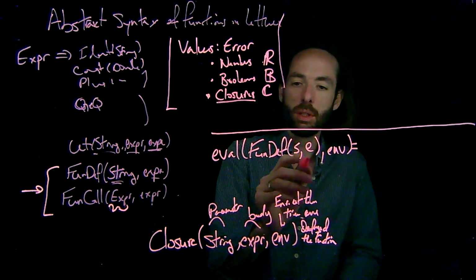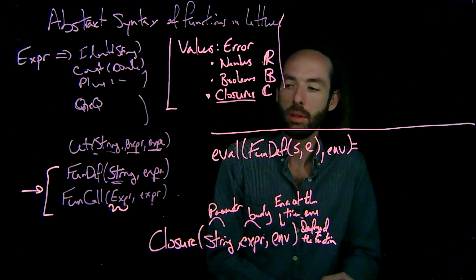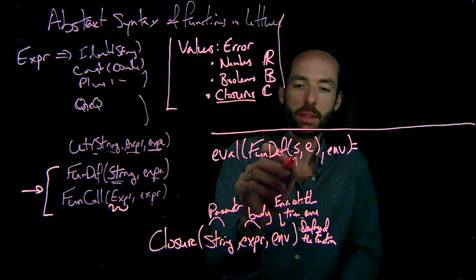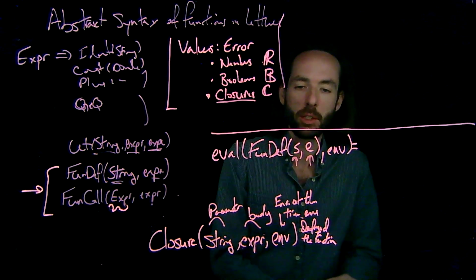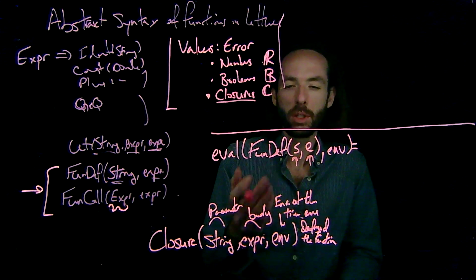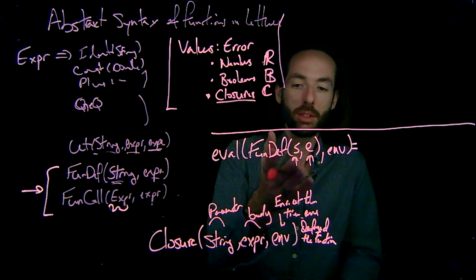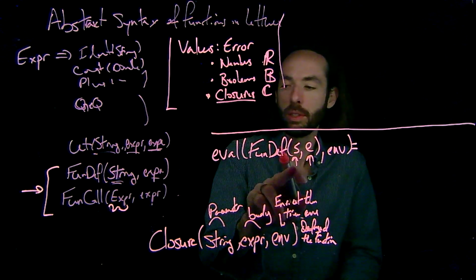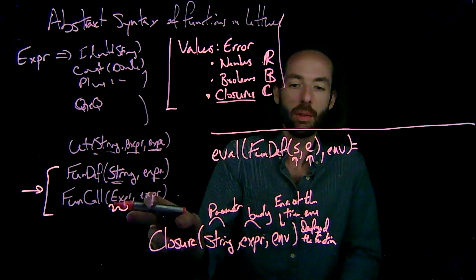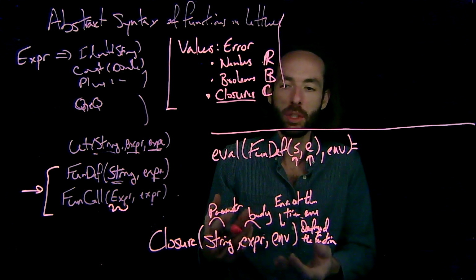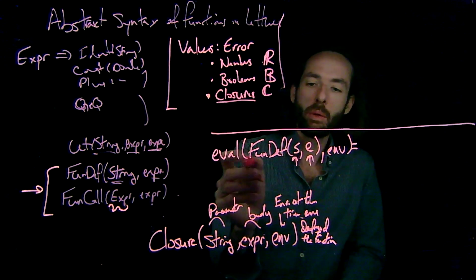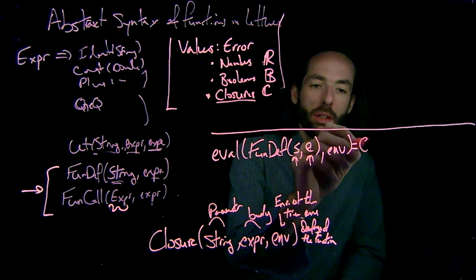So is there anything that we need to evaluate first? Well, not really, right? This is just a string, and this is the body of the expression, but we aren't going to really be able to do anything with that expression until we are able to bind a value to this s, which we do through funcall, right? At the moment of definition, there's really nothing for us to do. So all we really want to do here is return the closure